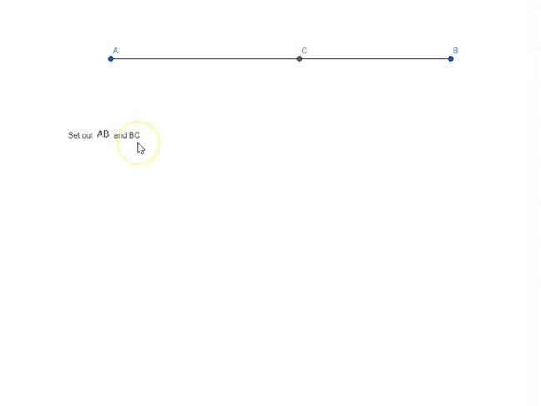Set out AB and BC. And here AB and BC are either both even or both odd. The idea of having something like this is that the remainder of AB minus BC, that is AC, will be even. If AB and BC both are even, and if we subtract them, we will get an even remainder. If they are both odd, again we will get an even remainder. Now we bisect AC at D. So D is the